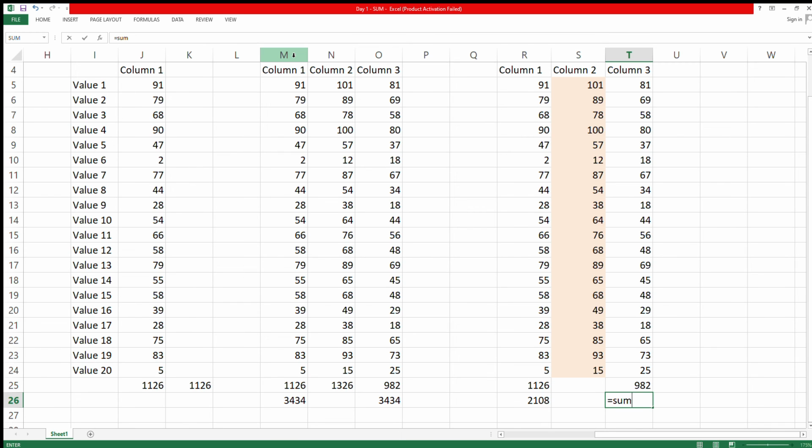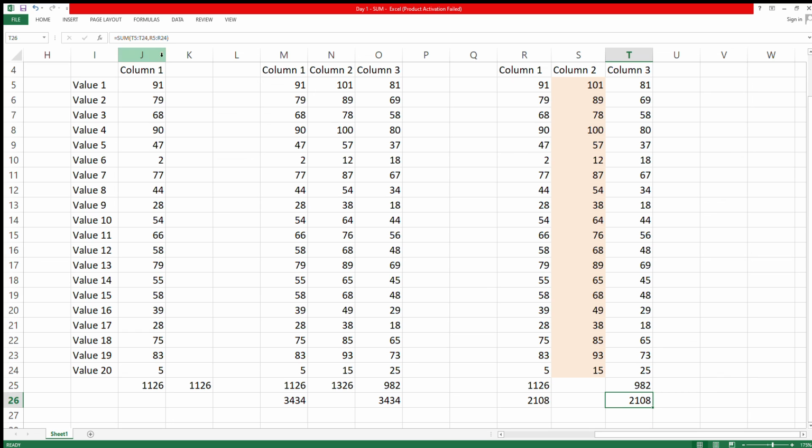Instead of that, in sum we can select multiple ranges. For example, I am selecting this column, then I give a comma, then I come here and select the other column, and I close the parenthesis. Then if I click enter, see, I can get the same value.